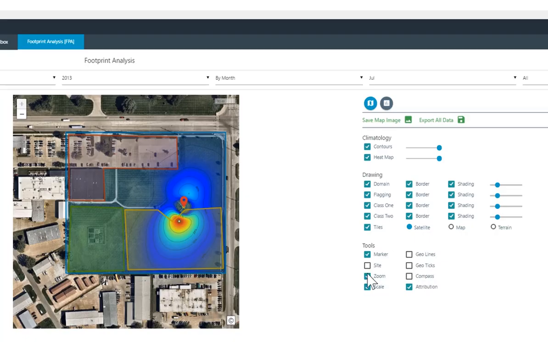Then there's some other tools that might be useful. I can add a compass to the map here, or maybe I want to have the latitude and longitude information displayed on the map. I can choose to do that. So when I'm done with all of these settings, I can come up here and click on Save Map Image. That'll create a JPEG. I can take that image and perhaps use it in a